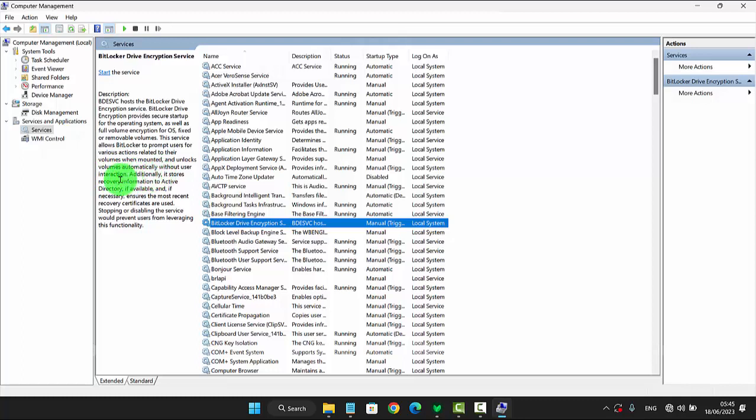Additionally, it stores recovery information to Active Directory if available and, if necessary, ensures the most recent recovery certificates are used. Stopping or disabling the service would prevent users from